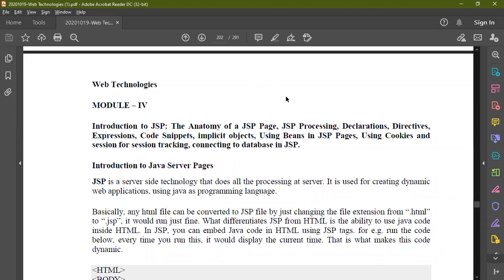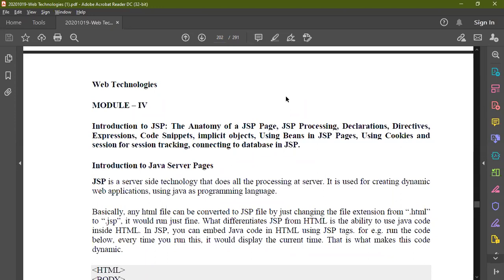And then we will go in depth into the creation of JSP pages, like how to declare variables, constants, or any other objects in your JSP pages. To implement these JSP pages, we need to use some directives and expressions. So we will also discuss what directives you are going to use, and what type of expressions you are going to write.